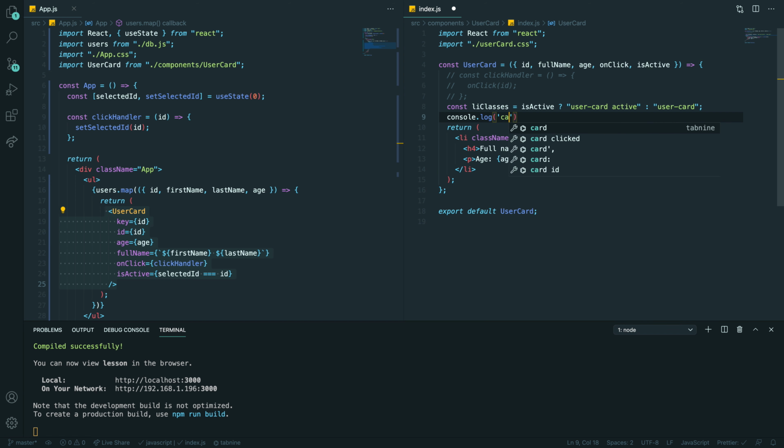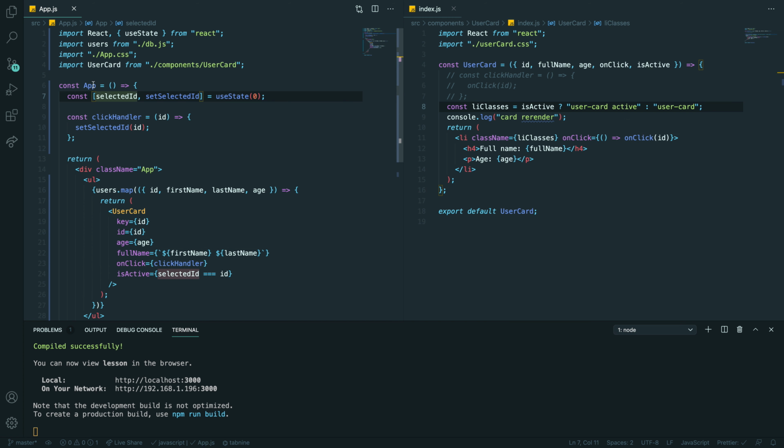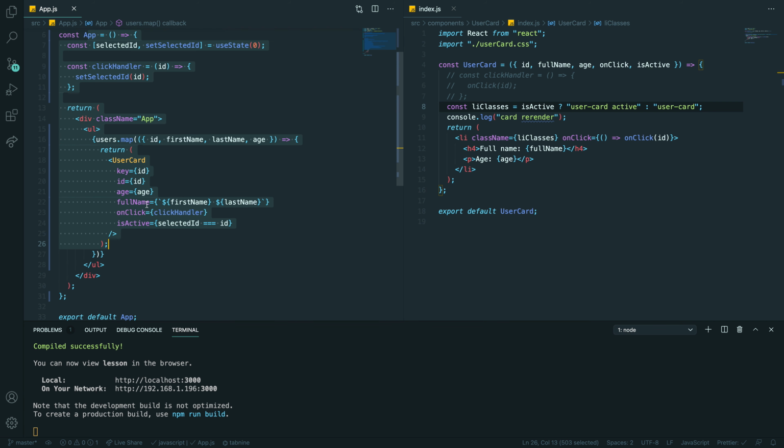Each time you click, it re-renders, you're saying? So when I click on one card, I'm changing the state in app, right? Here. Yeah. I'm changing the state. And because I'm changing the state, I'm re-rendering this component, the app component, and that will re-render all of these cards because you're re-rendering the component. You're regenerating your cards.